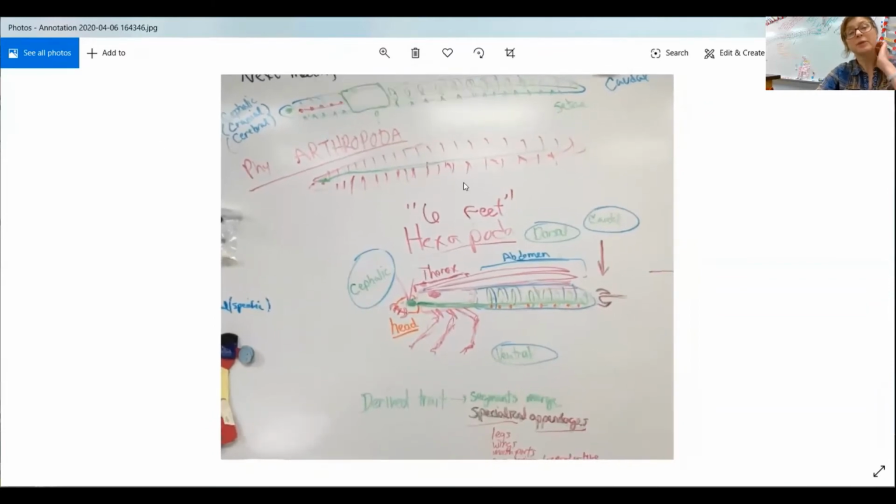Okay, so what this picture is, I drew on top a segmented worm, and it has its little setae, which are the little bristles that can protrude out. Some of you stated that you saw that on the underside when the animal was moving. They actually can retract them into their body or bring them out, and they're almost like stiff hairs that help them move along.